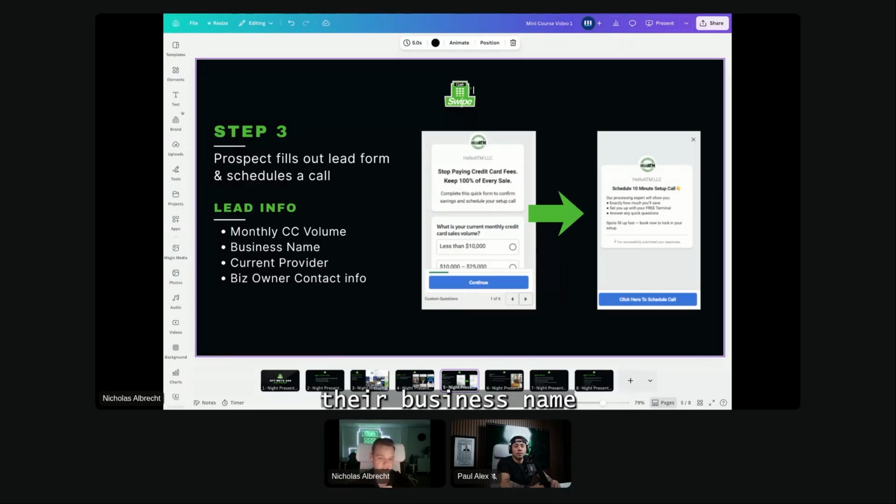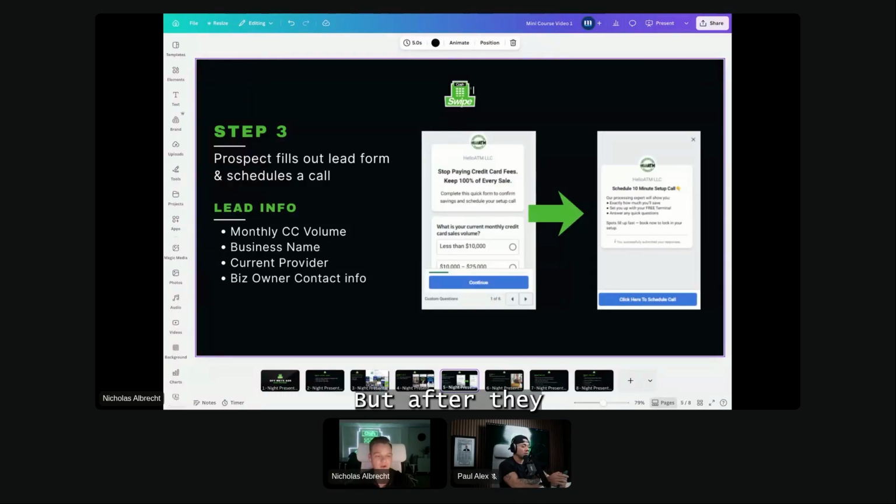And you're going to know the business name and their current merchant provider, right? Who they currently use. Is it Clover? Is it Square? Do they use Toast? Or do they maybe not even have a credit card machine at all, right? We call that low-hanging fruit when someone is cash only and they don't have a credit card machine at all, because you guys provide them credit card machines, right? So those are probably one of your easier business owners to convert.